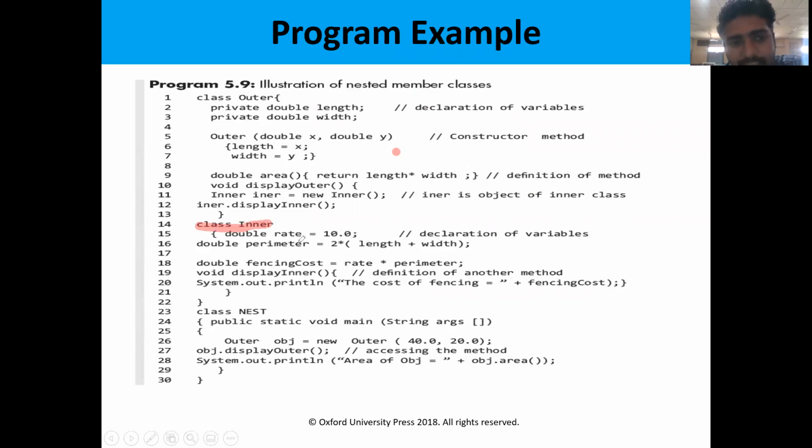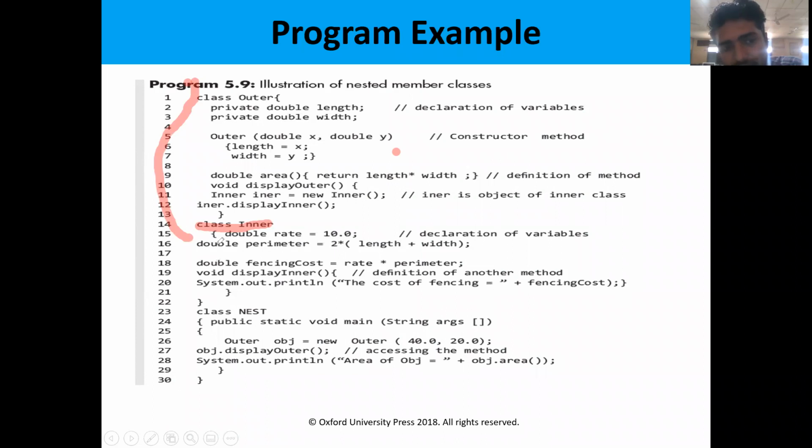Here, class inner can access all the members of the outer class. But the outer class cannot access the inner class directly. The inner class can access all the members in the outer class, but the outer class cannot access the inner methods.